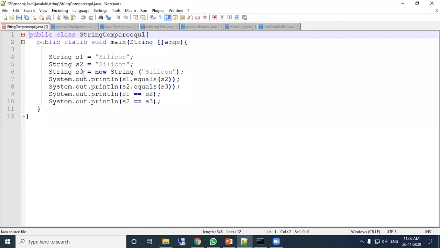Three things are there, but here S1 and S2 will link to the same memory, because in an immutable string, whenever suppose silicon is already occupied, when you are referring S2 to silicon, it is referred to the same memory location.